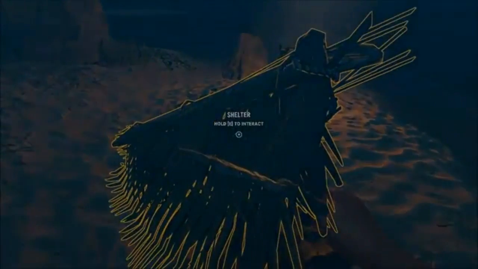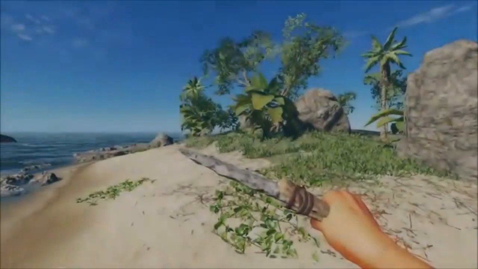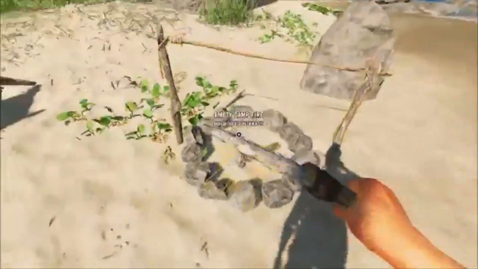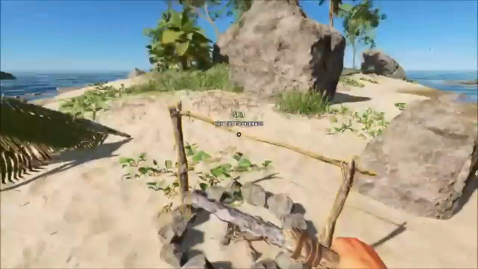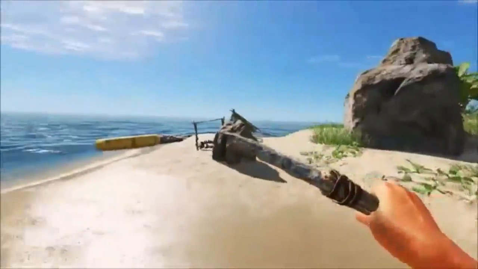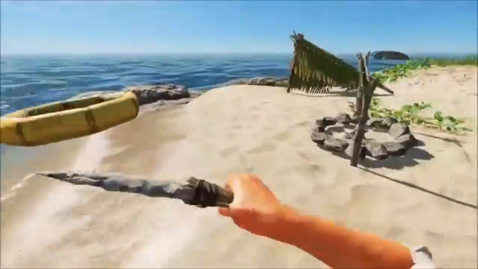So we've ate and everything, it's nighttime, you can sleep. It'll usually help bring it to day a little quicker. There we go. It also puts out the fire. I'll have to add to it probably. But that's it, guys. I just wanted to show you how to get your little fire pit with a spit,